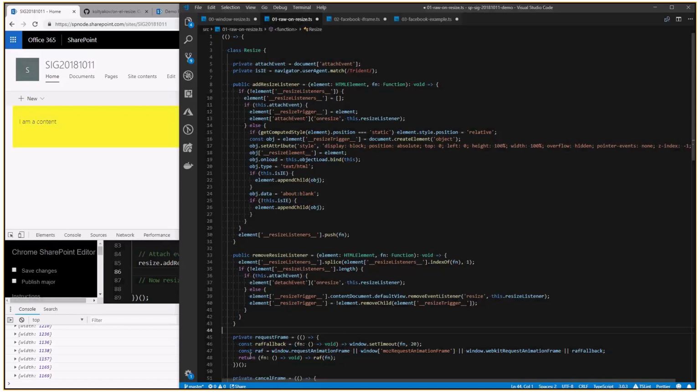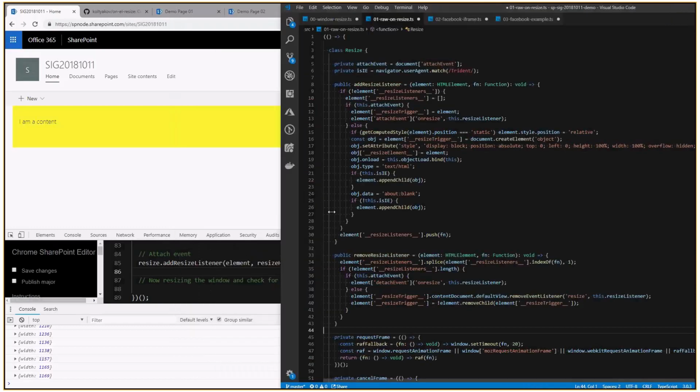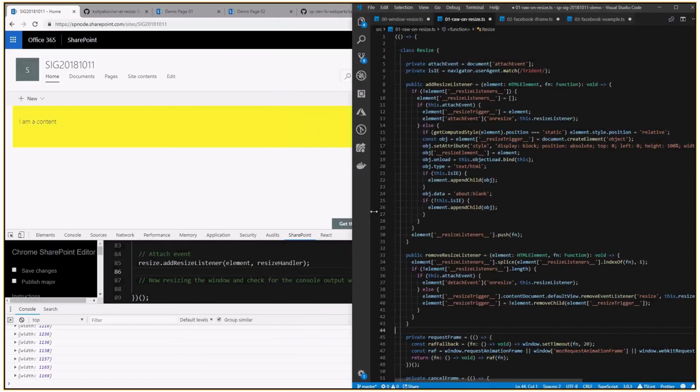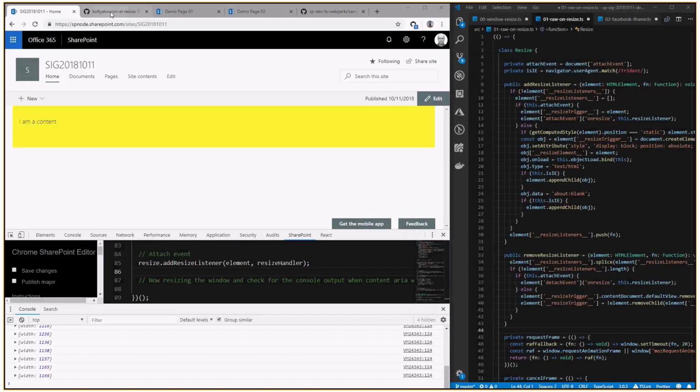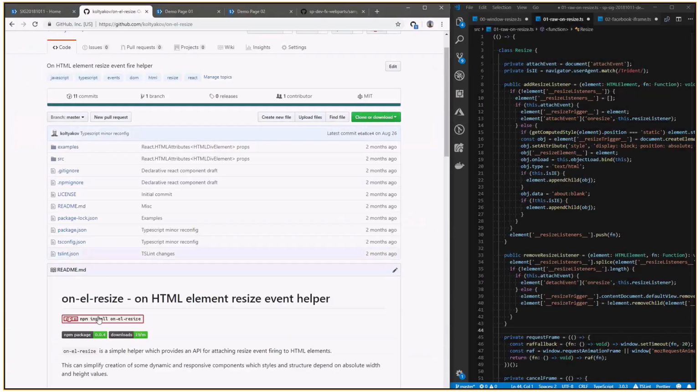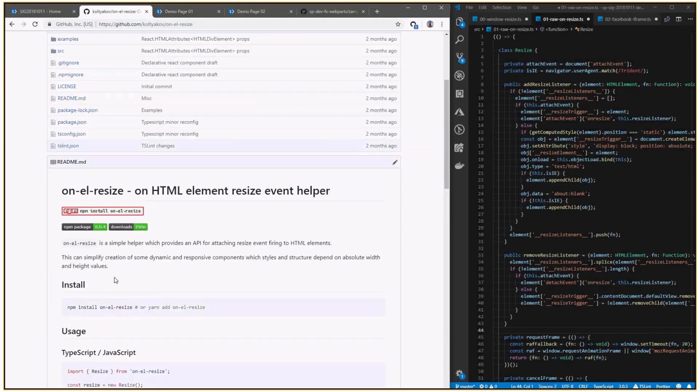And what do we do in these situations? Search for an NPM module, if it exists, and if nothing, create our own. So what I did and published is the on-element-resize module, but before switching to this one, let me